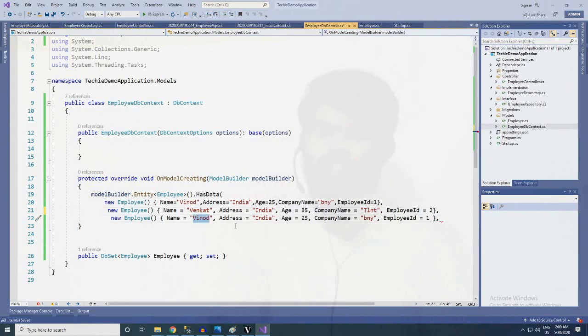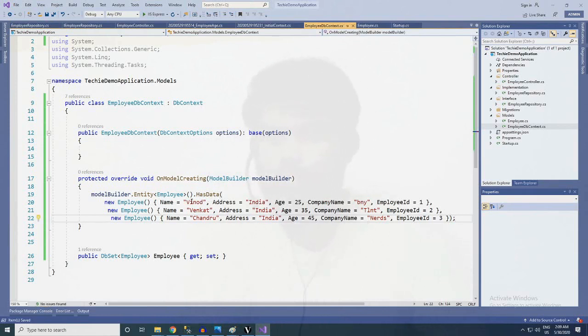Now add our third data. Third data will be 35 to 45. Add this as nodes, just for joking, and now we added our hard-coded data. Now, since we changed the DB context, we need